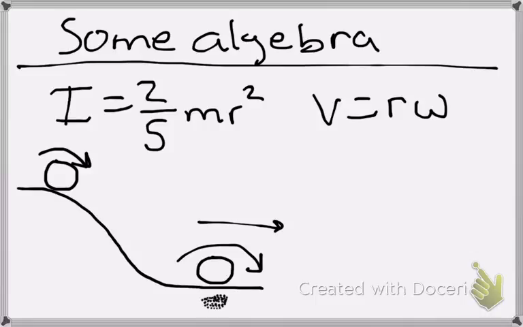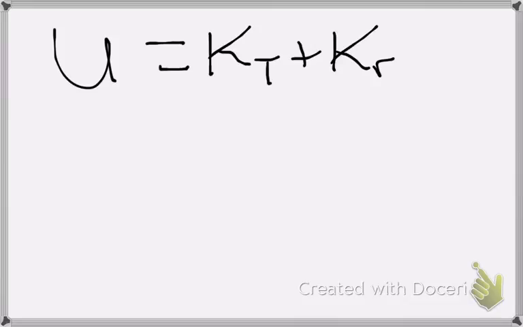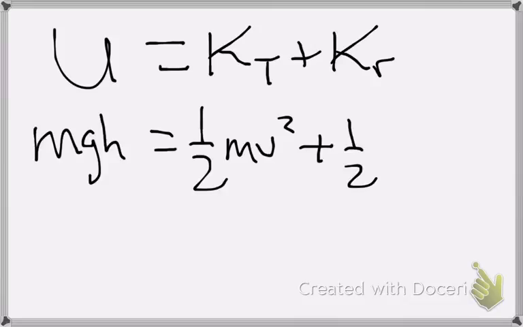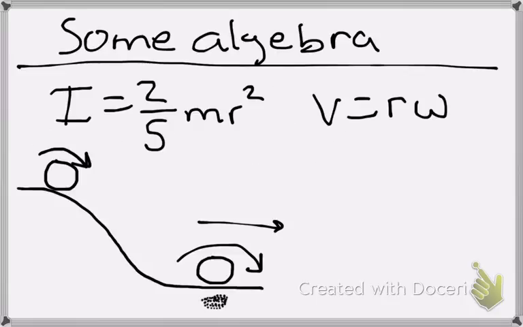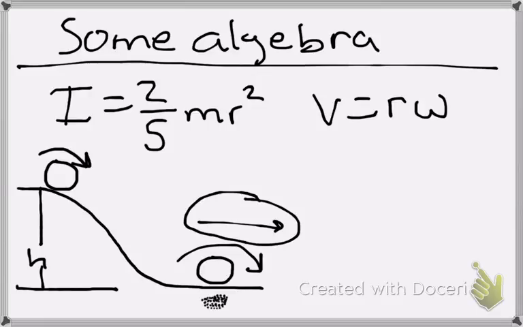So if we wanted to know how fast it's going at the bottom of the hill, we would have to know what the height of the hill is. And we could use potential energy and kinetic energy because all of the potential energy there will turn into kinetic energy down here. But in this case, not only are we factoring in that it's moving across the ground,